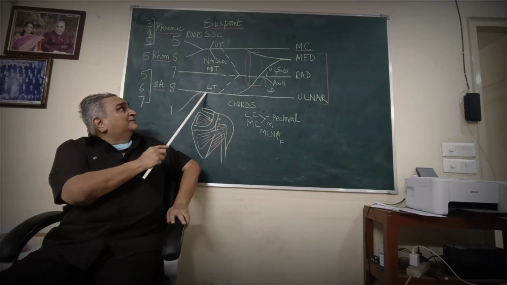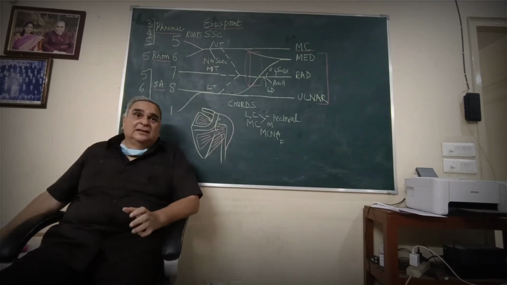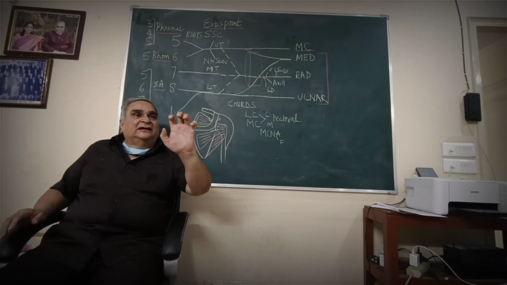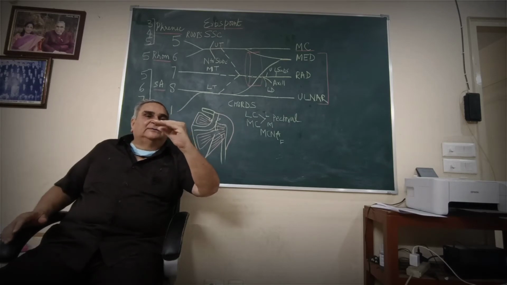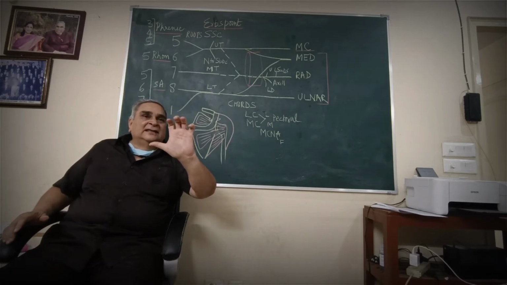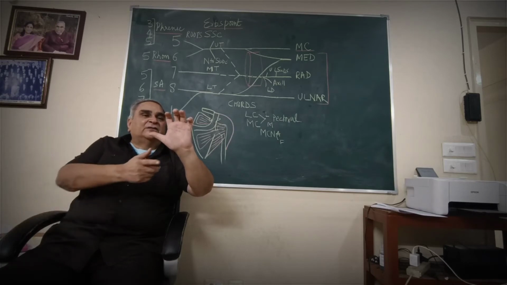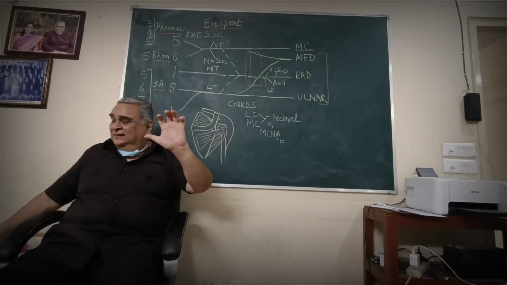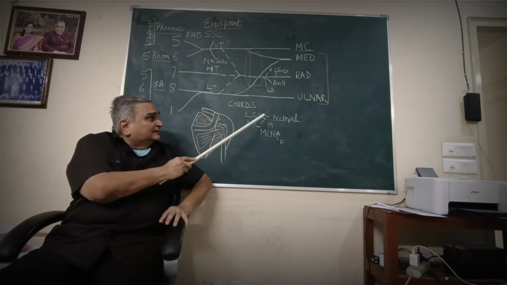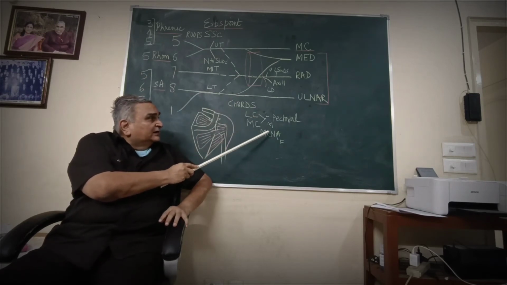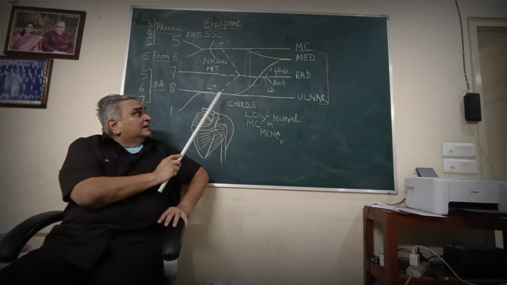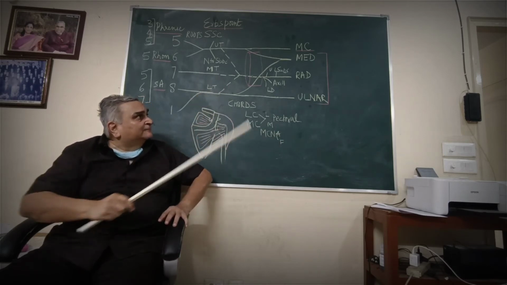Then there is sometimes injury to the lower trunk also, and in the lower trunk you get paralysis of all four lumbricals. So lumbricals flex the MP joint and extend the PIP and DIP joints. Opposite of this you get the claw hand, and this is Klumpke's paralysis. You differentiate it from a combined median and ulnar paralysis because you can also get sensory loss in the medial cutaneous nerve of arm and forearm in case of Klumpke's paralysis here.